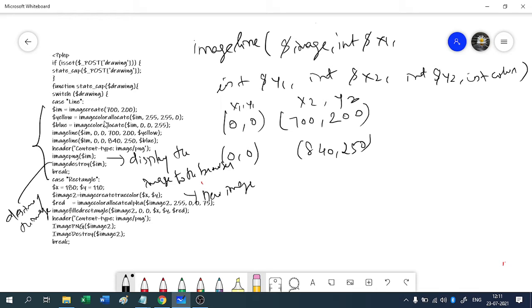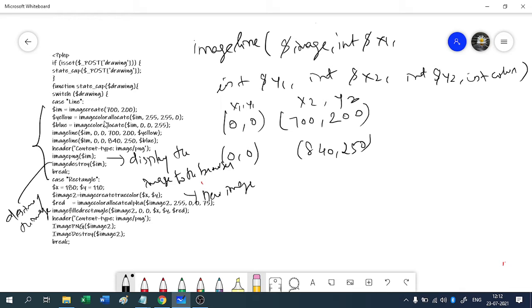In the previous case we used the image create function; here we are using the image create true color function. So the width is 180, then height is 110.